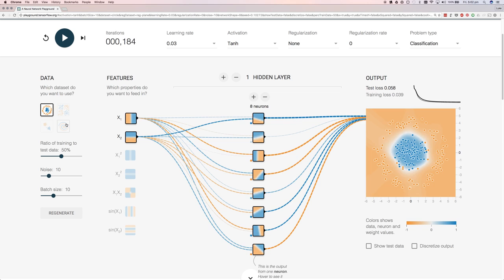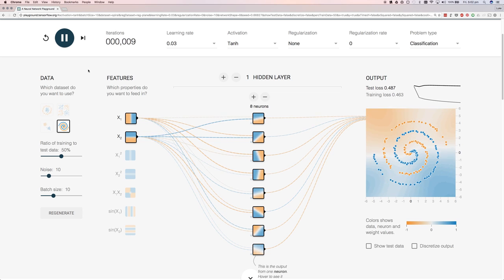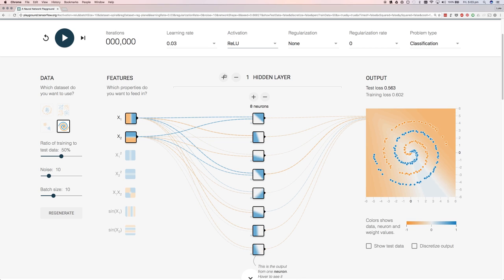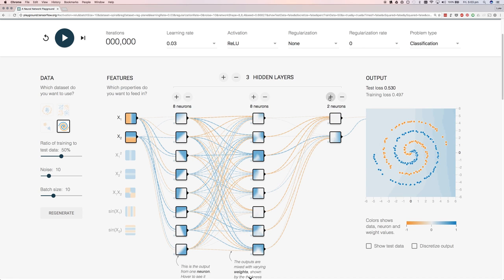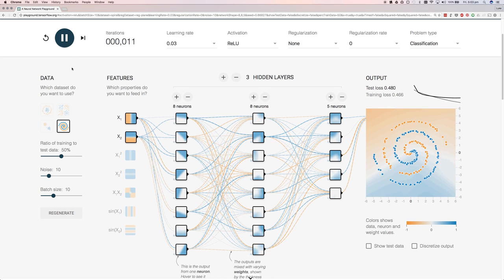All right, what about an even more complicated data set? We've got a swirl. Well, again, even though we have a lot of neurons there in the first layer of our network, no matter how long we let this run, we're still not going to be able to find a good fit for it. So how are we going to match this data set? Well, it turns out, firstly, we've got to tweak the activation function. But secondly, if we add some more layers, we're going to actually be able to build something that will match this data set.